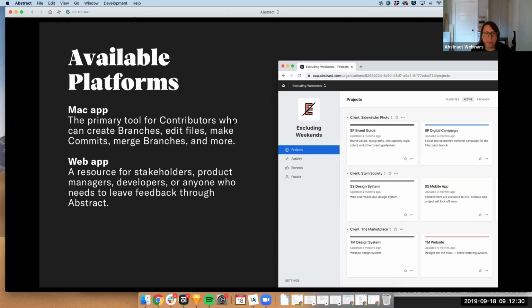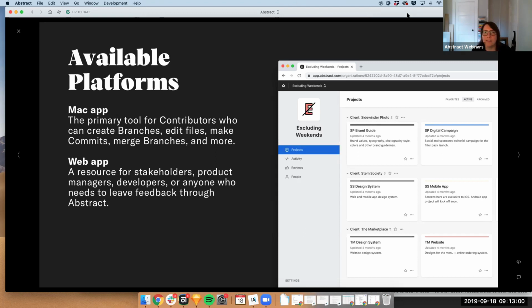With the web app, I usually recommend stakeholders, product managers, developers, anyone who needs to leave feedback through Abstract to use the web app. Another thing I see is contributors using both the Mac app and the web app, because you have to sync all of the files down to the Mac app locally. And with the web app, you can just view your projects and view into the slides.